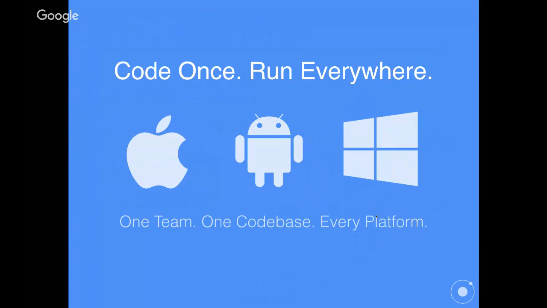So what all this means at the end of the day with Ionic 2 is that it's easier than ever to realize the original promise of hybrid app development, which is code once and run everywhere. You have a single team, a single code base, and it's going to run across every platform. And when I say run everywhere, I don't just mean mobile devices, right? I'm not just talking about iOS, Android, and Windows Phone. We're also talking about the mobile web as well, because remember, everything in Ionic 1 and Ionic 2 is completely built on web and browser standards. So that means everywhere that the web is, you can run an Ionic app,